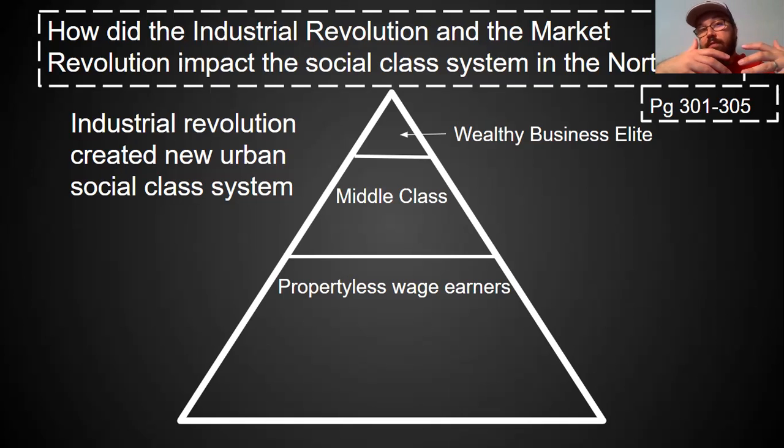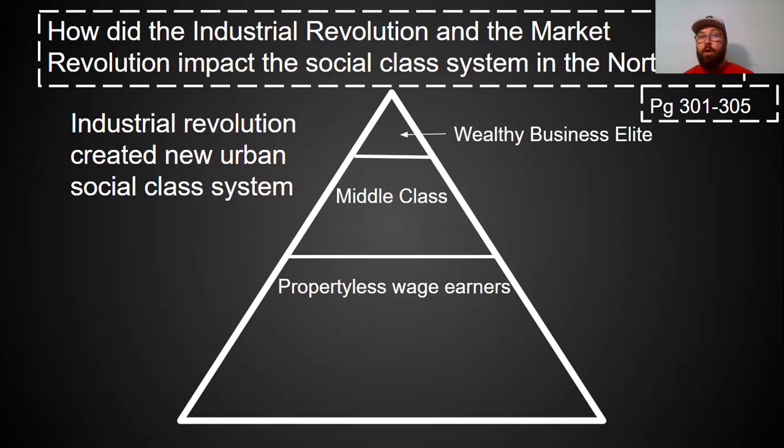And they're doing pretty okay for themselves, but they're not super wealthy, right? Then below the middle class, you have this incredibly large class of people that is growing more and more every day as we industrialize, which is propertyless wage earners. They don't own land. They don't own a little workshop. This is what we talked about in part one. We see all these people who owned their home and owned their land and owned a little workshop, and that's going away. And more people are forced to migrate into urban areas and go work for somebody else where they don't own or control anything. So that is the largest class of people in the North, and it is growing more by the day.